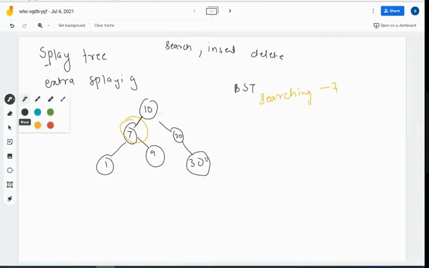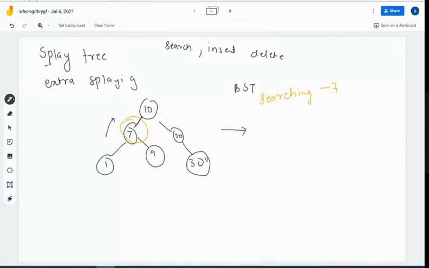But in case of your splay tree, you need to also perform the rotation. So what happens in rotation is that we have to shift this particular node, that is node number 7, as a root node. That is, how we have to perform it: when we splay search, there will be searching of a particular node.